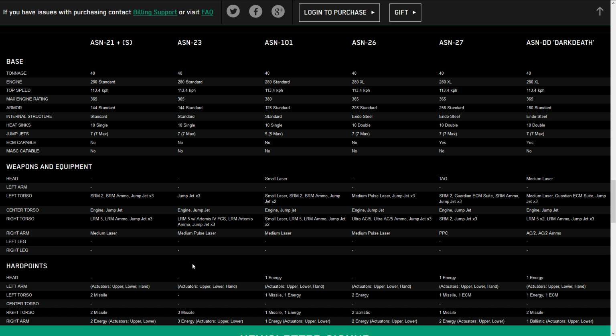It's very, very similar to the 21, because it's basically the same hardpoints. We could also drop the Artemis if we wanted to for 3 SRM 4s with 3 to 4 tons of ammo, 3 medium pulse lasers, 2 jump jets, an XL 280, Endo, and Pharaoh. So, really, these ones will play extremely similar. Moving on